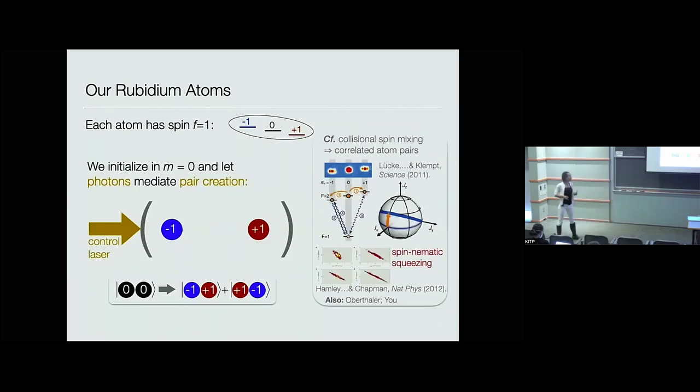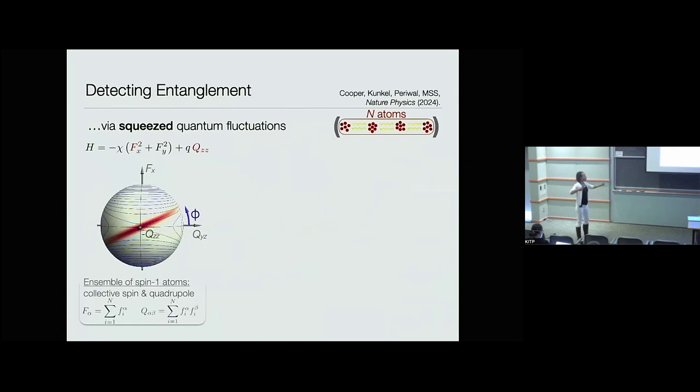So this is a way of generating correlated atom pairs. It has a longer history of being studied by collisional interactions in Bose-Einstein condensates, but here these are long-range interactions that can be between any pair of atoms in the millimeter scale Rayleigh range of our cavity. If you want to check whether these interactions are in fact giving rise to entanglement, we can look for squeezing of quantum fluctuations. It turns out one has to look in what seemed to me a weird phase space to see this squeezing.